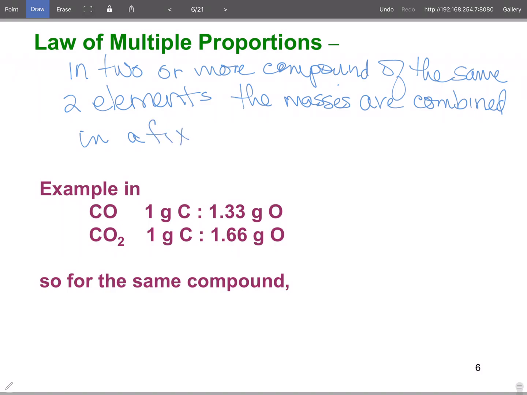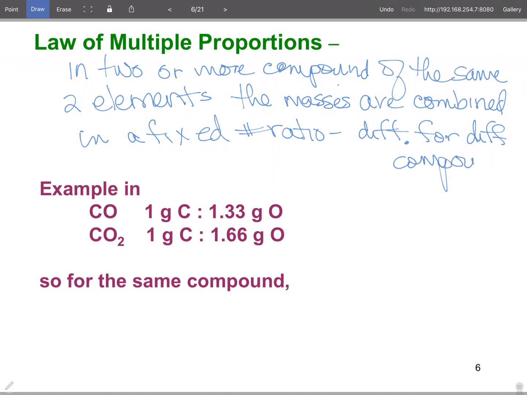And they're different for different compounds. Okay? So, an example of that is CO, which we just saw, is 1 gram of carbon